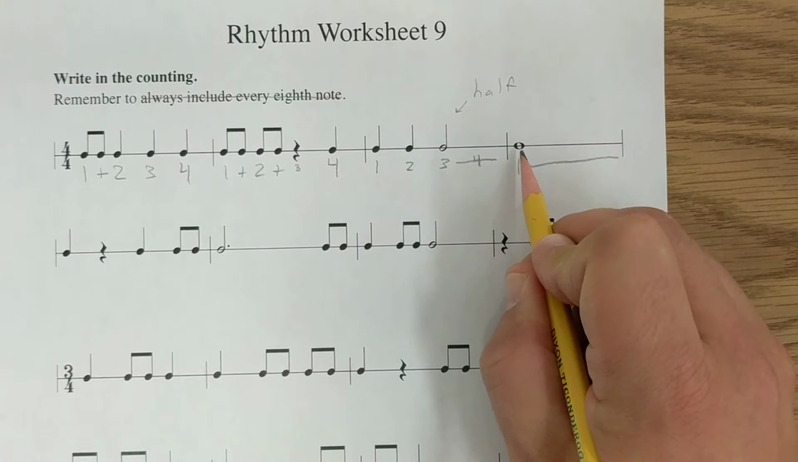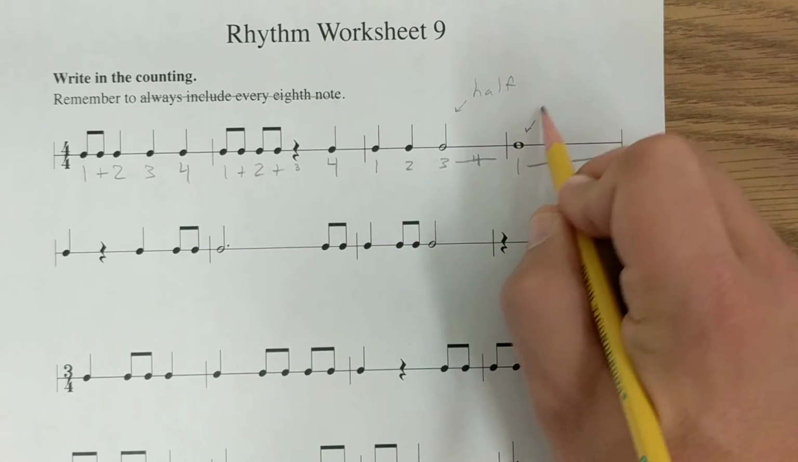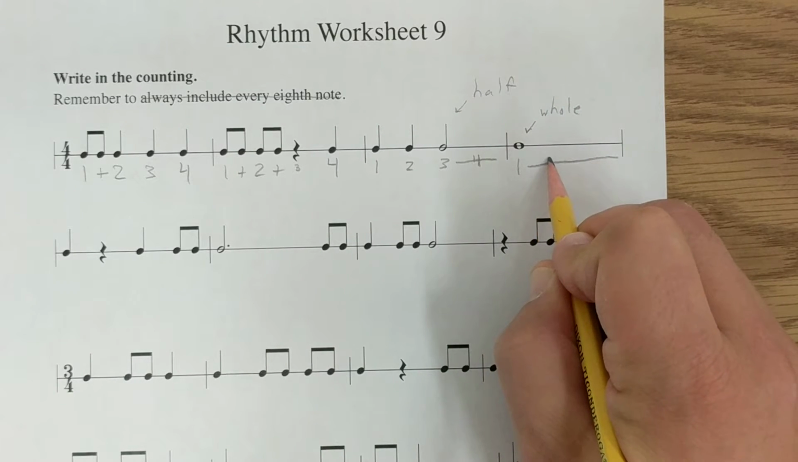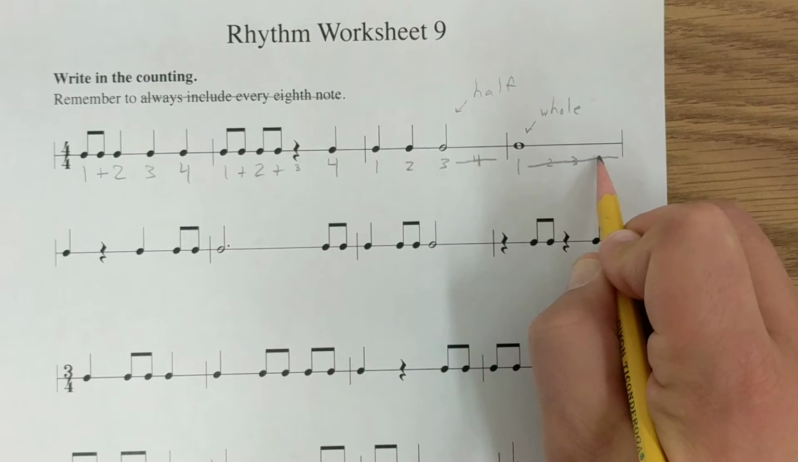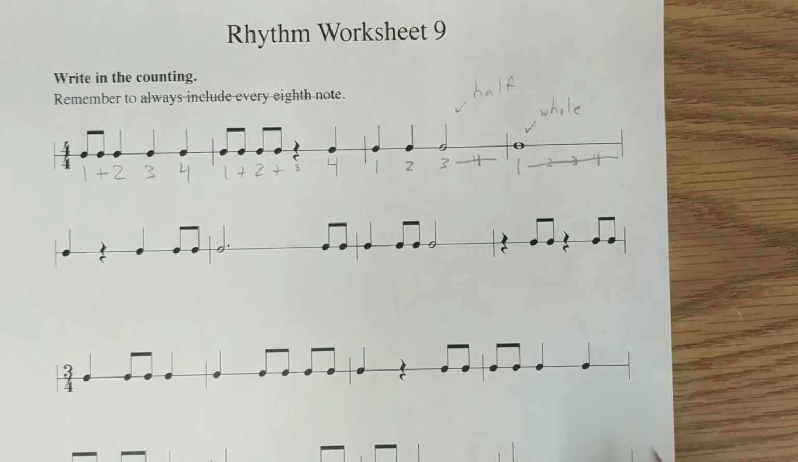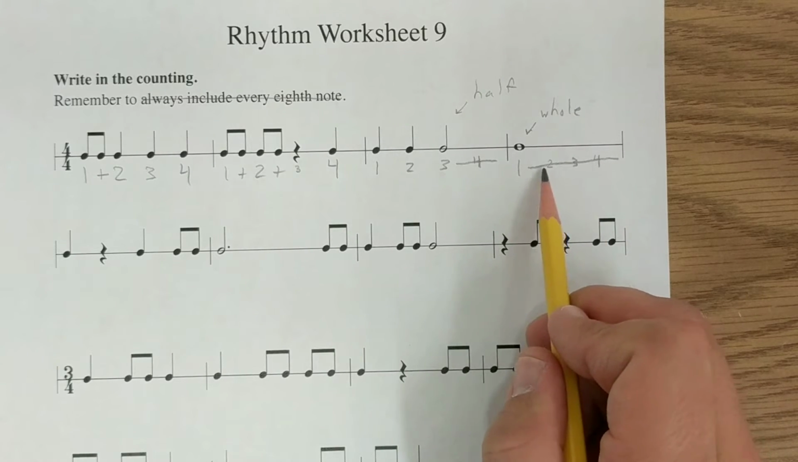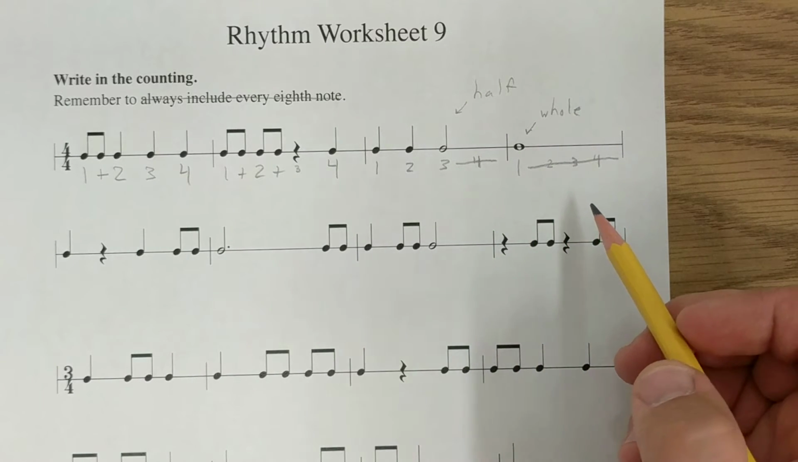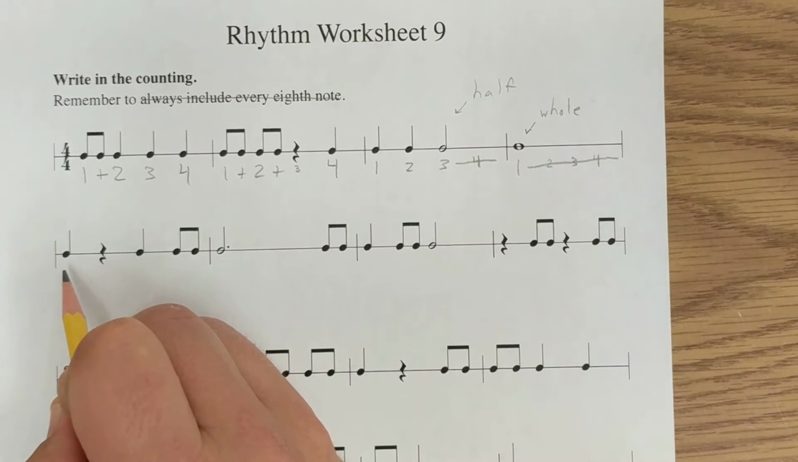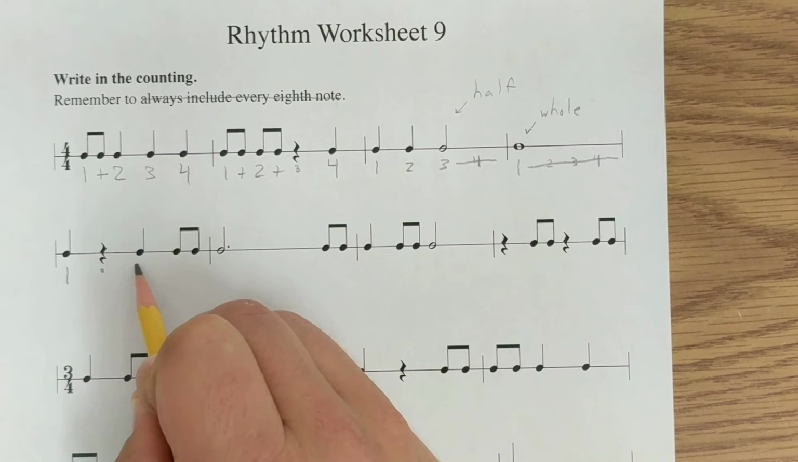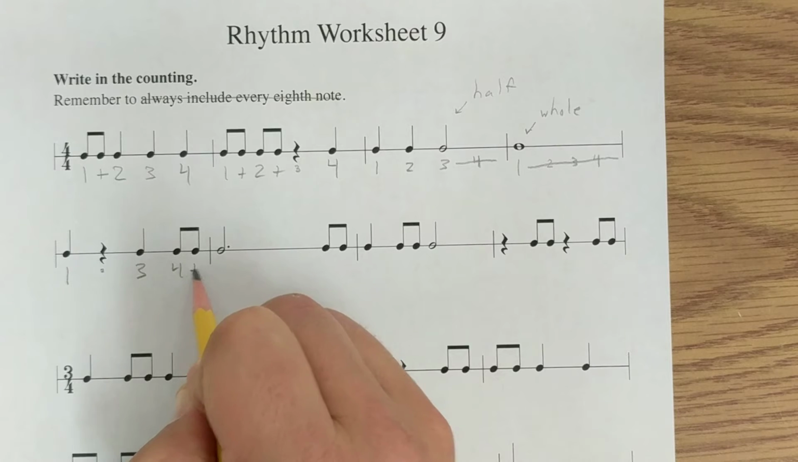In our whole note, which takes up 4 beats, this is a whole note, we have 1, and it covers up 2, 3, and 4 to fill up the whole measure. Again, you don't have to write in these small beats, but it's good to know that they're always there. Next line would be 1, 2 really tiny, 3, 4 and